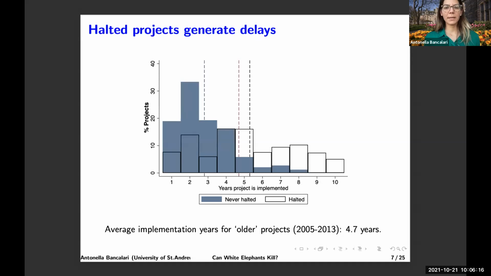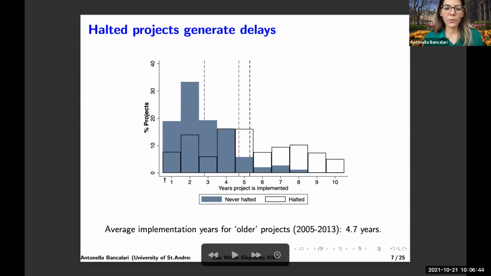Okay, so you might be wondering how can districts be accumulating implemented projects? And essentially that happens because the rate of completion was very low. So by 2015, only 1/5 of the started projects were completed. And what generated this variation over time is that there is a lot of variation in the years that a project takes to be completed. So essentially the years that projects are implemented.